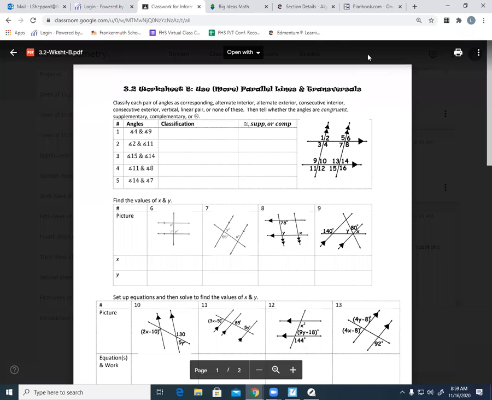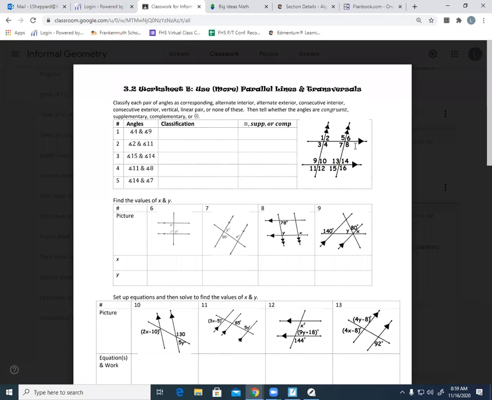So section 3.2 is the same exact thing as what we did last time, just with a little bit more algebra. So we are doing the same exact topics, still identifying the same types of angles, whether they are all of these things that you see up here: corresponding, linear pair, alternate interior, alternate exterior, vertical, consecutive interior, consecutive exterior. We're still making those relationships and those connections. Once you make those connections, it should be really easy because that connection tells you whether something is congruent, whether